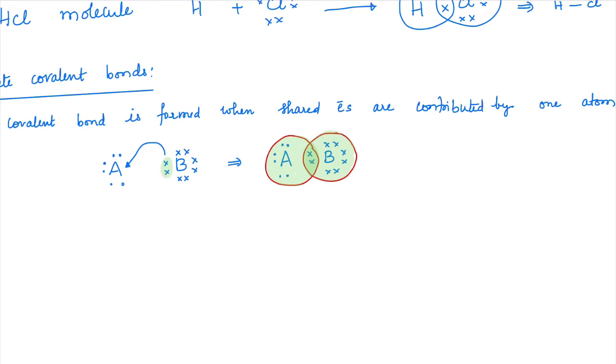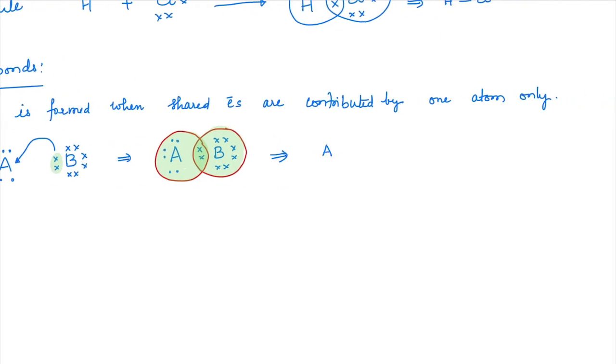Alright. In the bond line form, how to represent this? If you check out, we should represent it this way, that A is getting help from B. Its electrons are intact. B electrons are intact. One pair is being shared only from B. This is the way to represent. This is the bond representation.